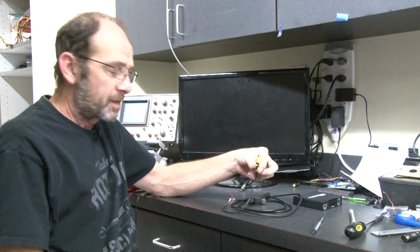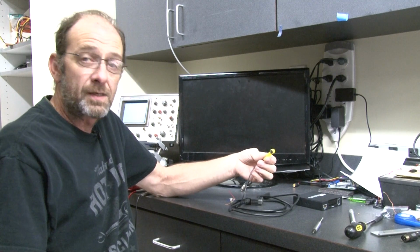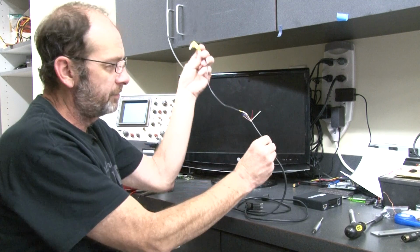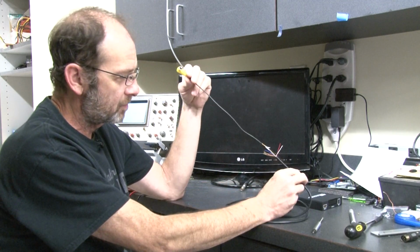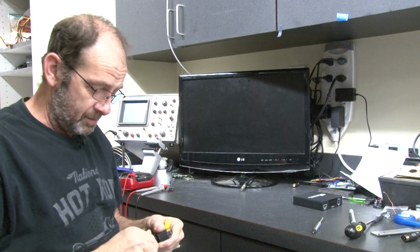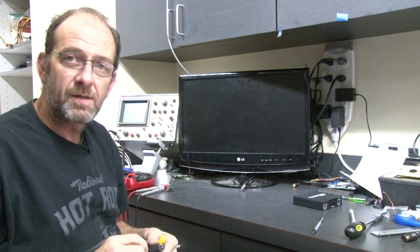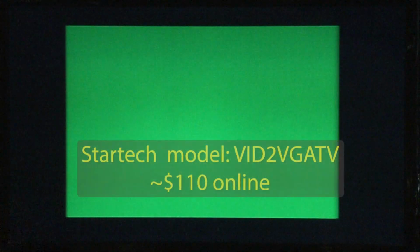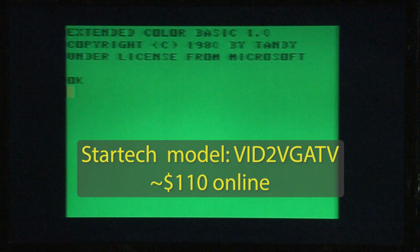So you may notice here that I've already got a composite connector on here, and it's literally the only thing I've hooked up. I've got a composite and a ground wire. So I've seen a lot of people thinking maybe they should get a composite to VGA converter. I absolutely do not recommend anybody buy a composite to VGA converter. They always look like crap. And what I'm going to show you